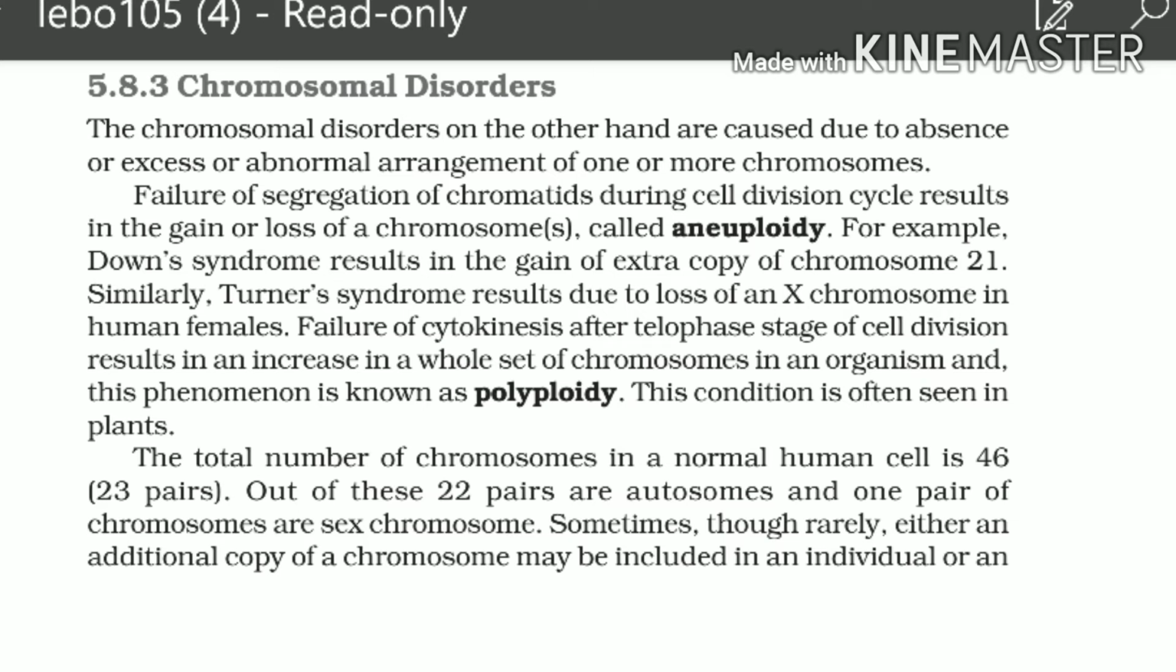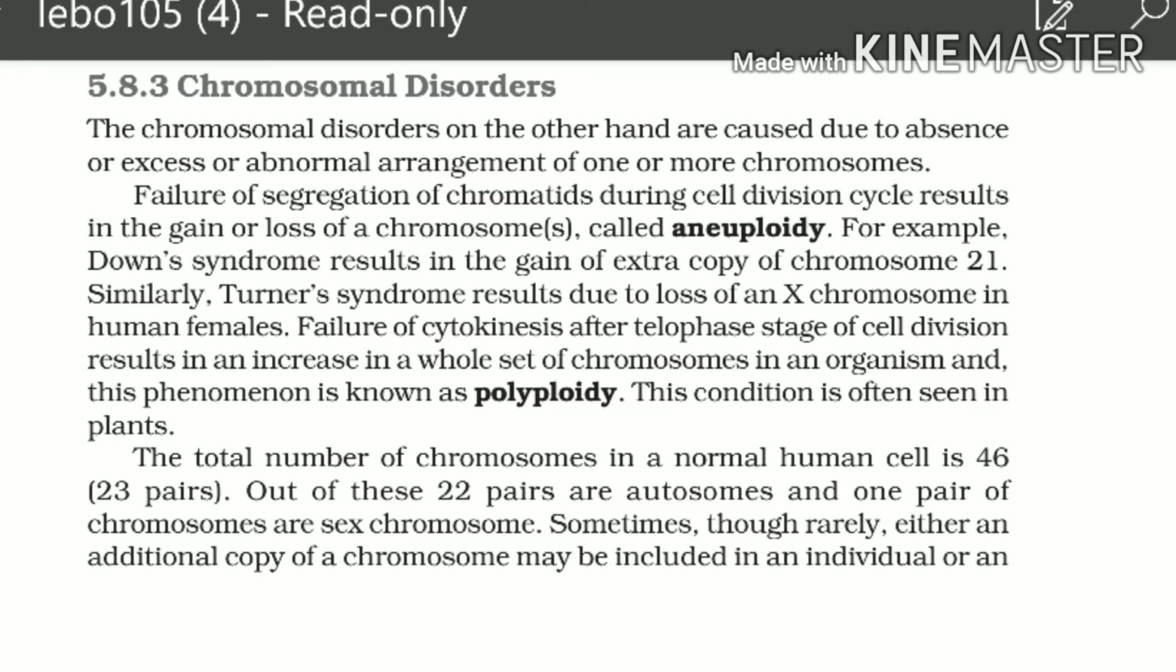Let us examine how polyploidy is occurring. First reason, failure of cytokinesis after telophase stage of cell division. What is cytokinesis? Cytoplasmic division, that is the cell division after the telophase stage of nuclear division. Soon after karyokinesis in mitosis, what should happen? Cytoplasmic division should happen. But if this cytoplasmic division is not happening, two sets of chromosomes will be retained in